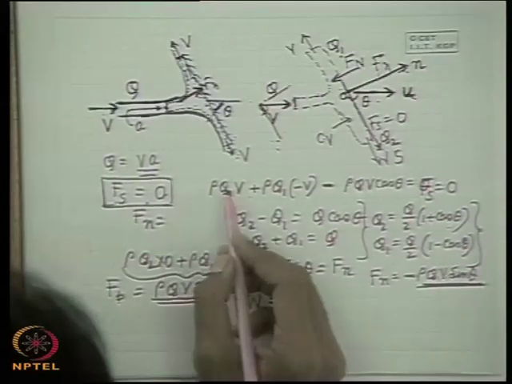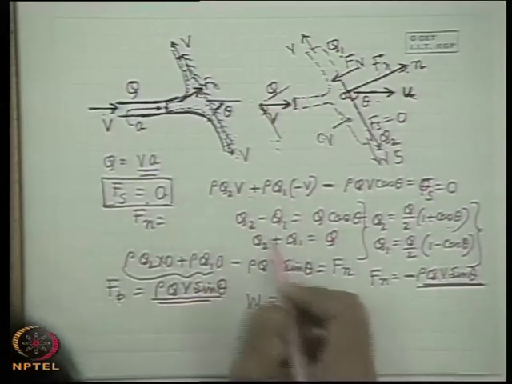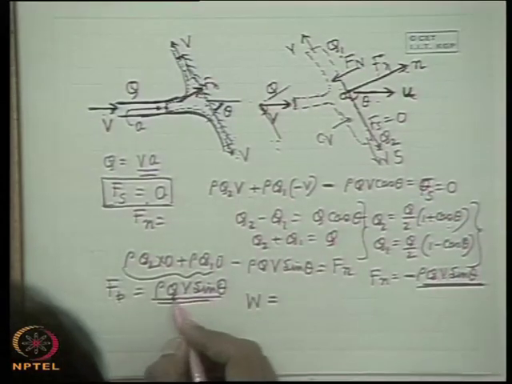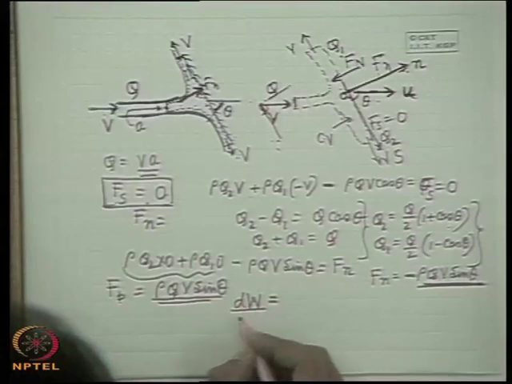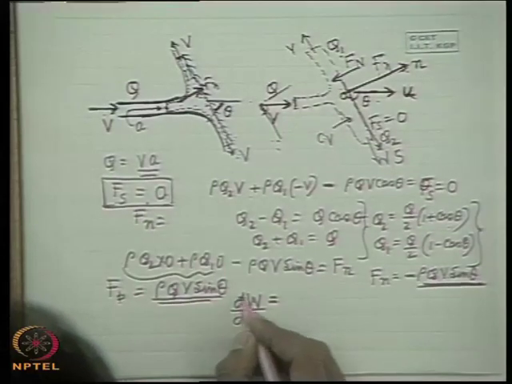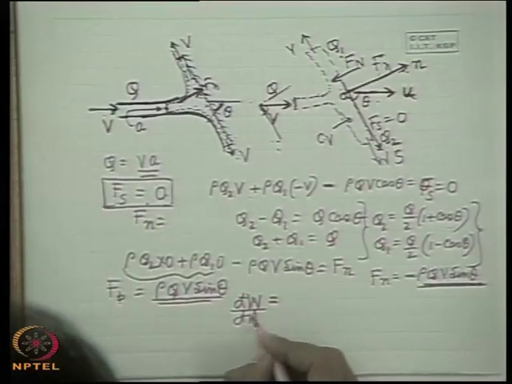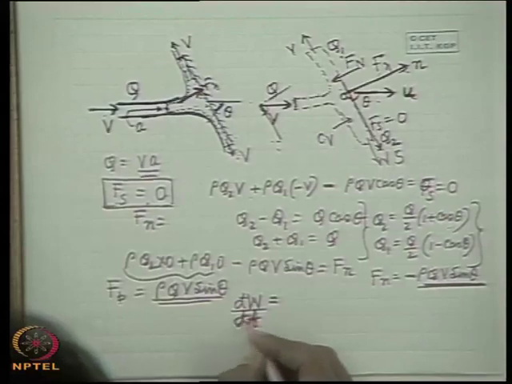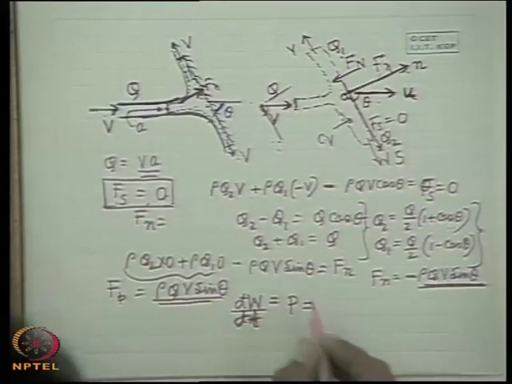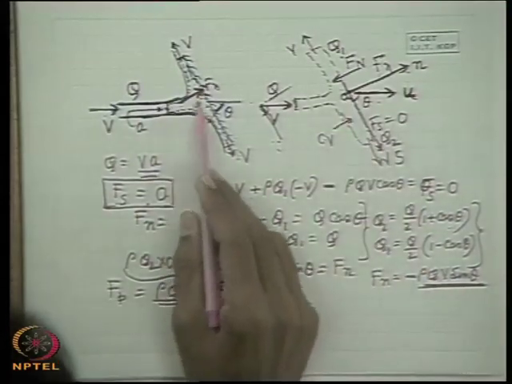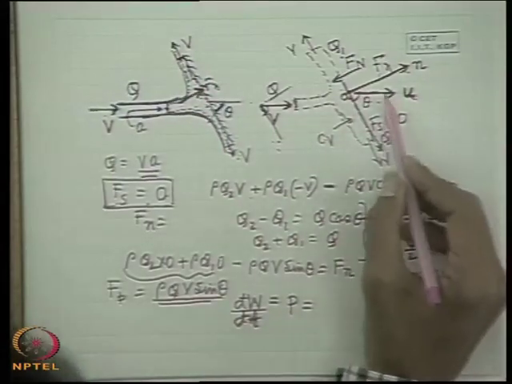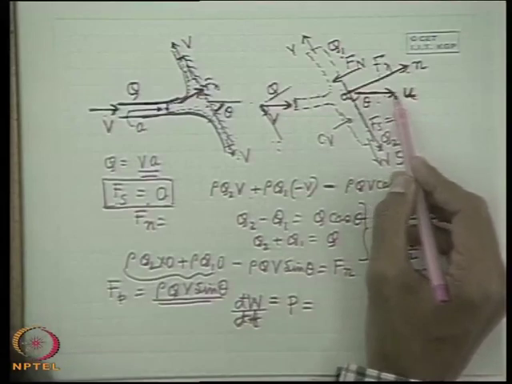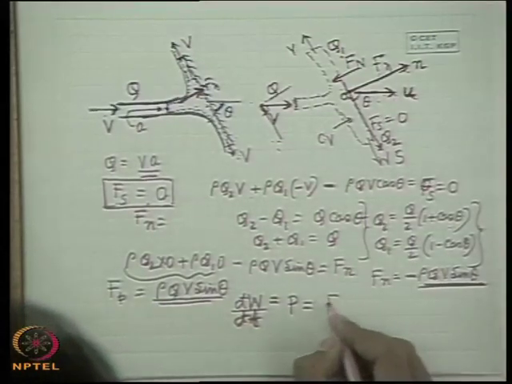Now this q is the volume flow rate, so rho q is the mass flow rate, so it is on a rate basis. That means work done per unit time. That means we can write dW/dt, or rather del W / del t, because it is not a perfect differential, or power developed because of this impinging fluid jet. If this plate is moving with u, it is very simple: it is the force component in that direction into u. That means it will be Fp,